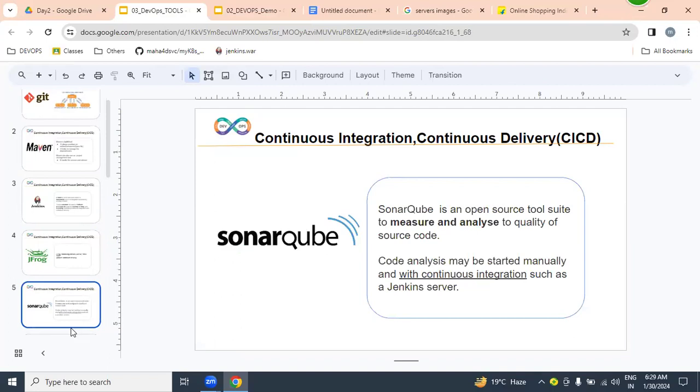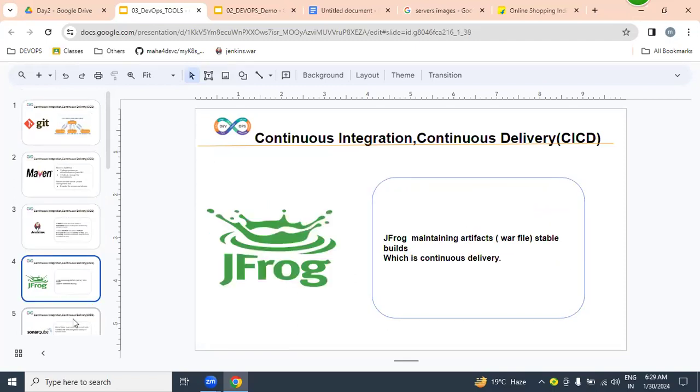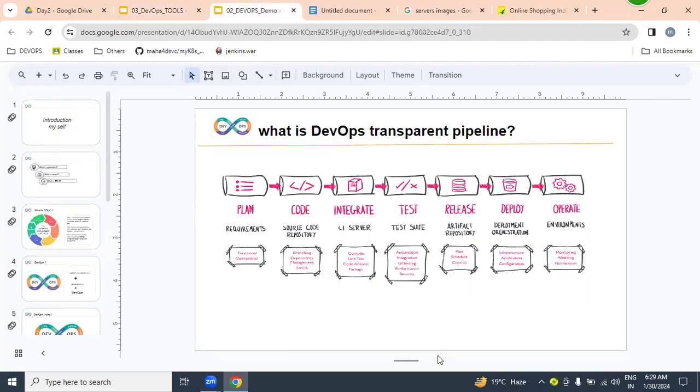With the help of SonarQube, we can analyze whether the developers are following standards or not, and whether the developers are using the right functions or not. It will be verified. So with the help of Git, Maven, Jenkins, JFrog, and SonarQube, we are going to implement our CI/CD: continuous integration, making working software, and continuous delivery.